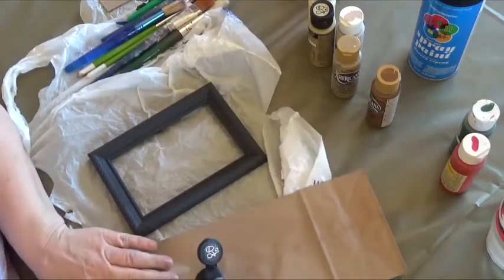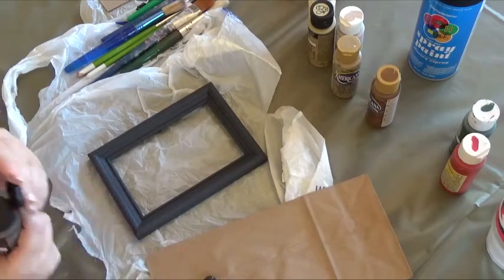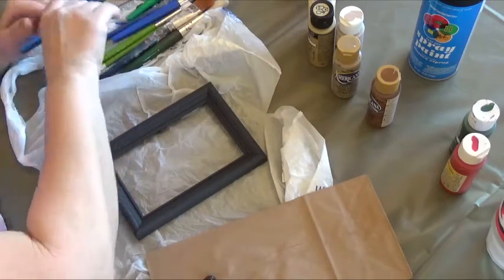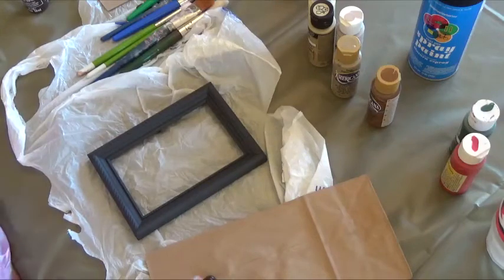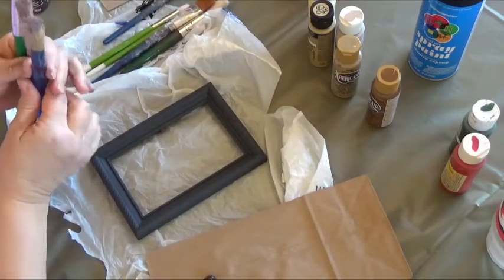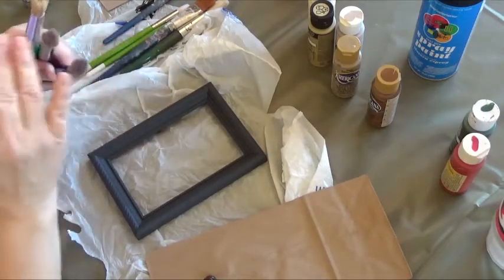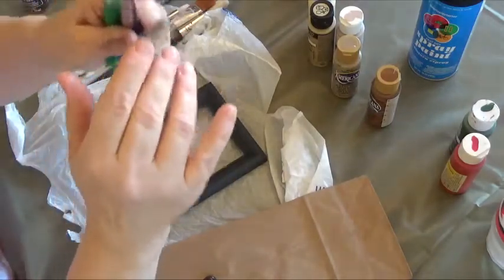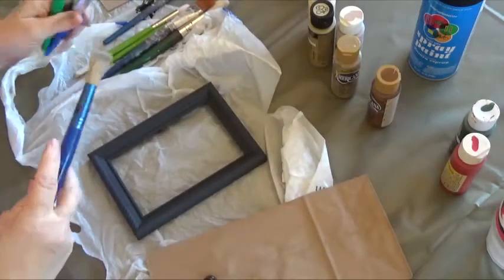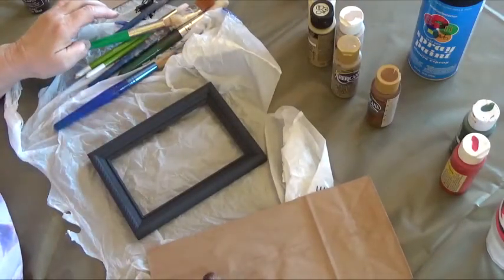And I'm going to pour it just a little bit right there. You see, I haven't watered it down or anything. And so what I'm going to do is, you want a good brush that doesn't have to be expensive, it just has to be, these are the ones that I use, like that. And so I'm going to pick up a little bit of paint,